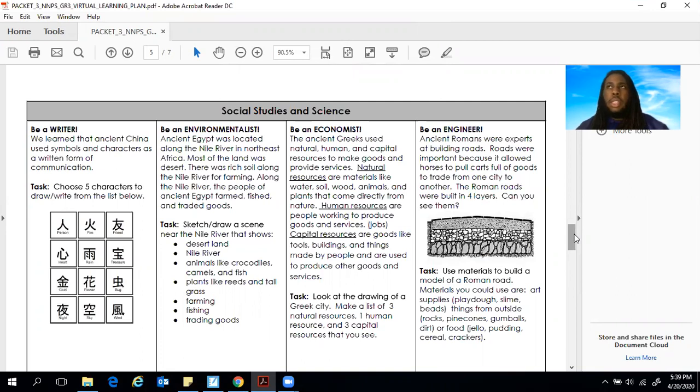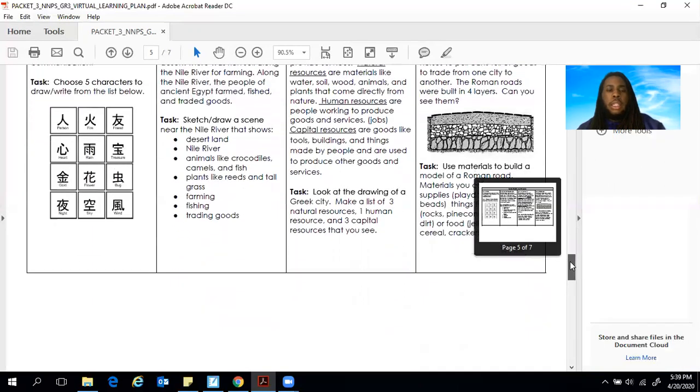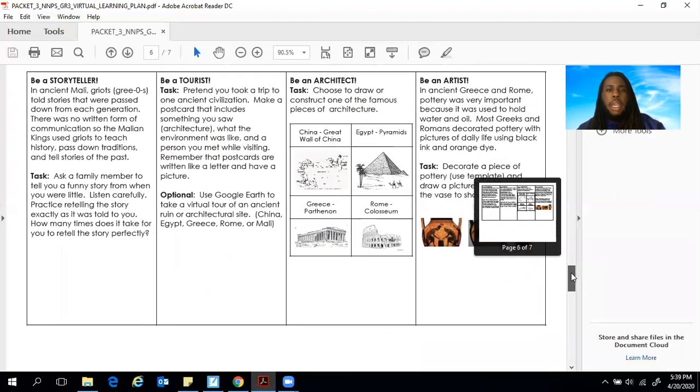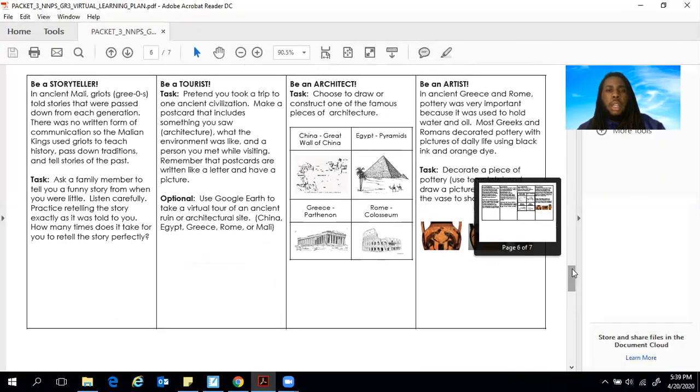So each of the teachers has broken up the various activities from Packet 3, this is week 5 of online learning, into various chunks. So Mr. Wheeler has column 3. So my job today is to talk to you about being an economist, as you can see here. You guys feel free to get your packets if you have them, or you can follow along with mine. And I need to discuss being an architect. So let's look at our